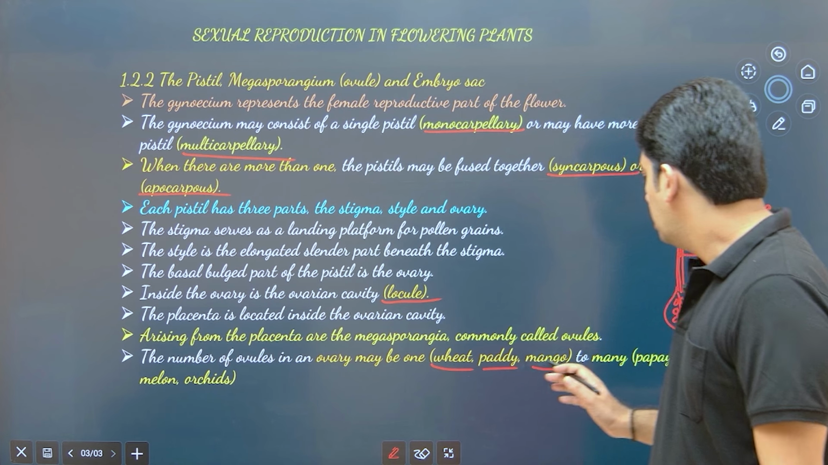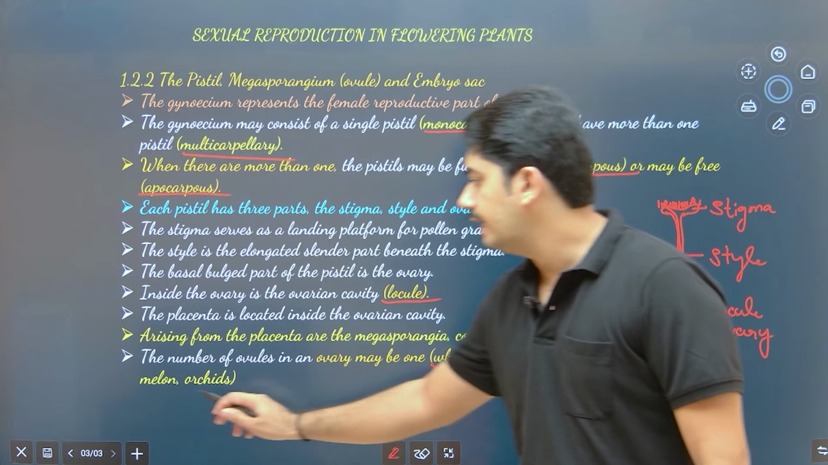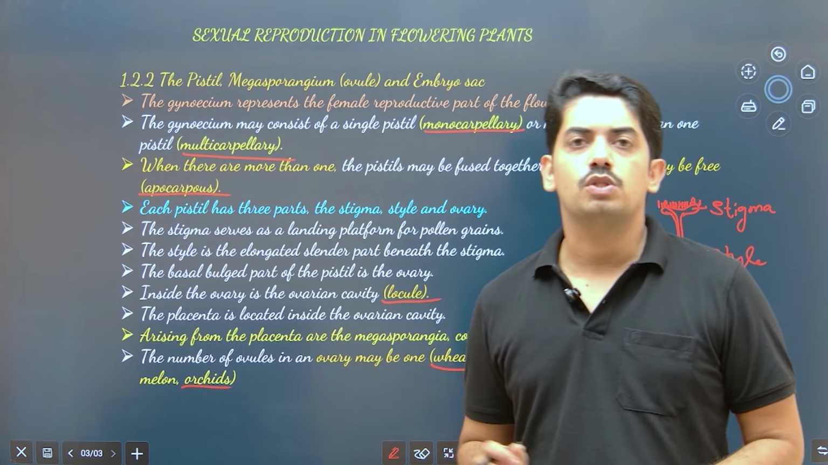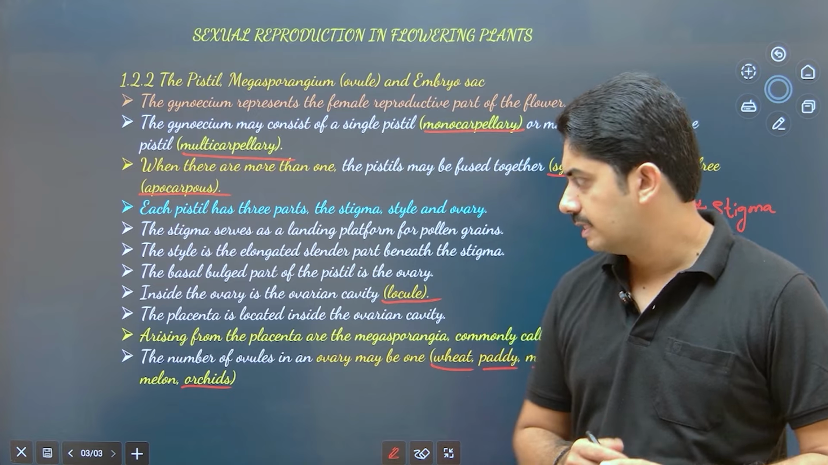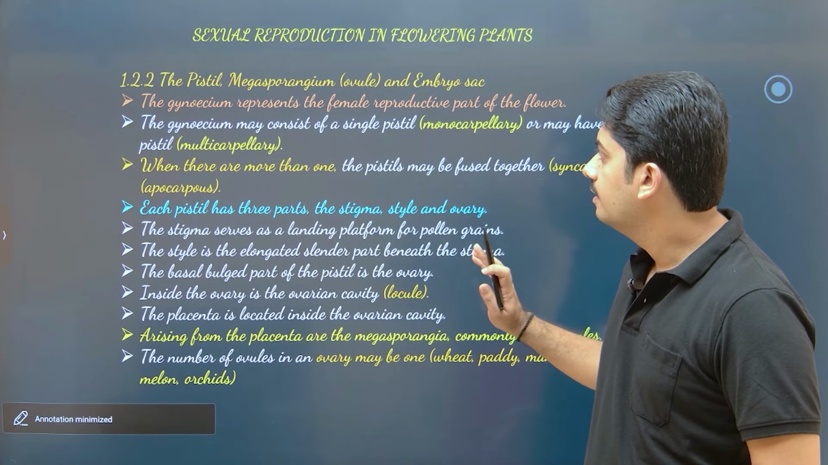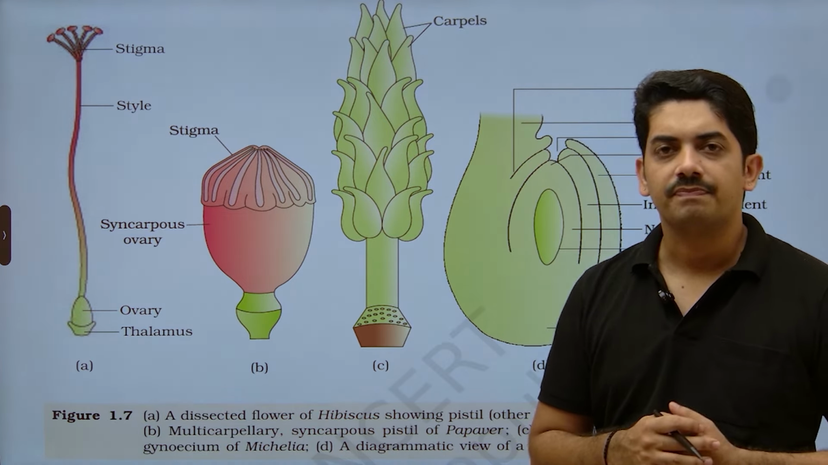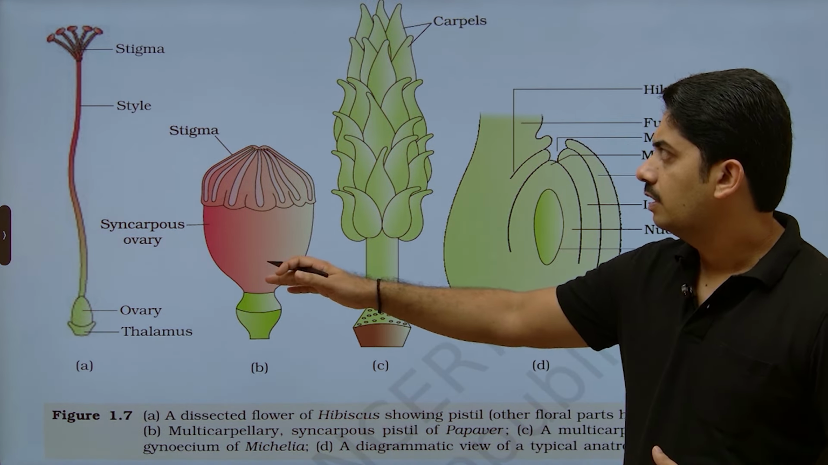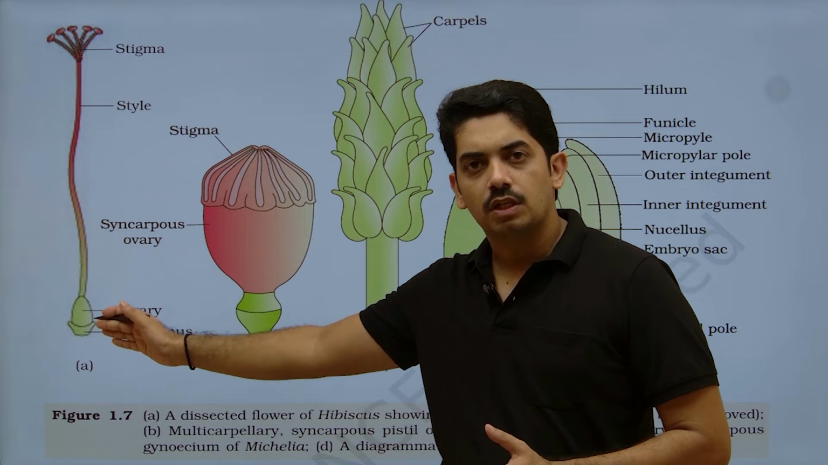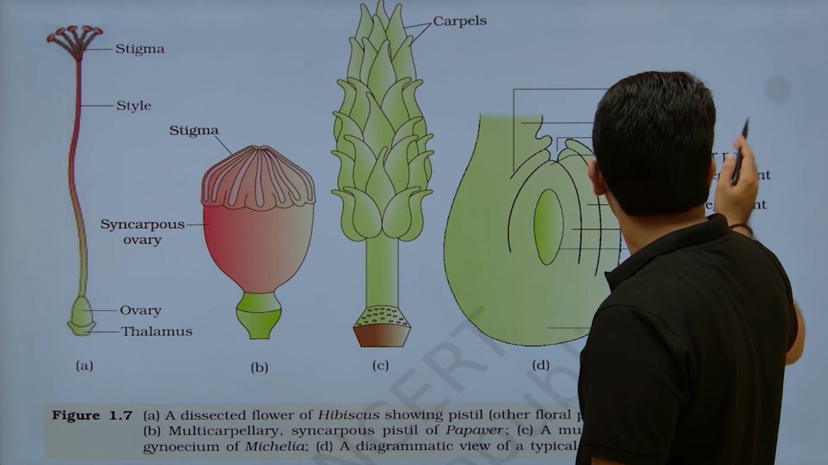Okay, so many ovules are present in papaya, watermelon and orchids. You know, in orchids they produce numerous ovules, thousands of ovules. Okay, hope this is clear. See, this is the picture. Just observe the first one. So this is the female reproductive structure of the hibiscus flower. Now if you observe here,